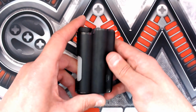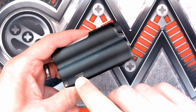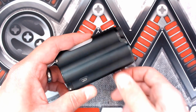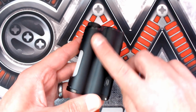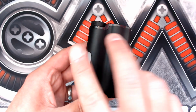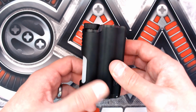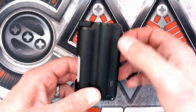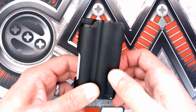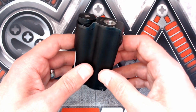Right, so here is the Topside mod then. So on the side here you see we've got the charging port, or the firmware update port here. The design of this did remind me of the double barrel a little bit when I first got this, because you've got the 2 cylindrical bits there which are shaped like a shotgun, but we've obviously got a little bit more on this because this has actually got where your board sits on this side here. So if we have a look on top,